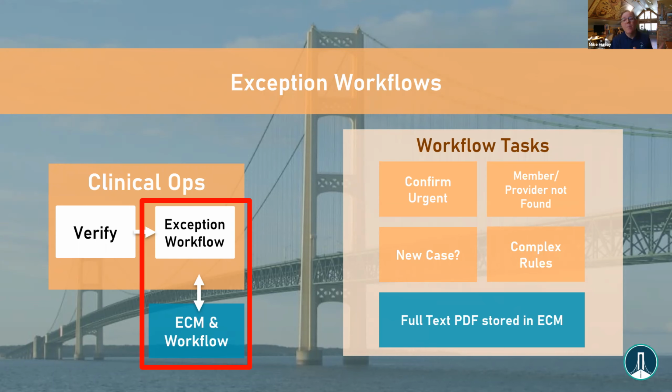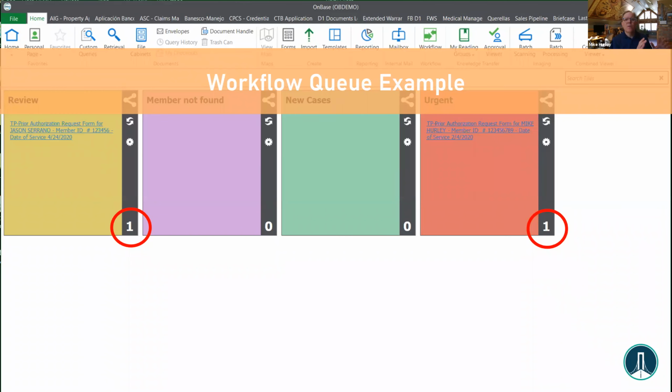Finally, there can be very complex business rules in a workflow that really don't fit as well in that intelligent capture workflow or that verify piece. So we want to make sure that we knock it down here. And finally, we want to get that PDF of the scanned images or faxed-in images stored in the ECM, the Enterprise Content Management System, so it's available right away, and it's full text, so we can do searches on it, which I'll show you in a moment. So what we try to do is simulate a little workflow here.